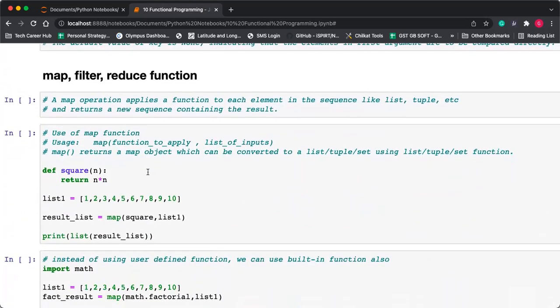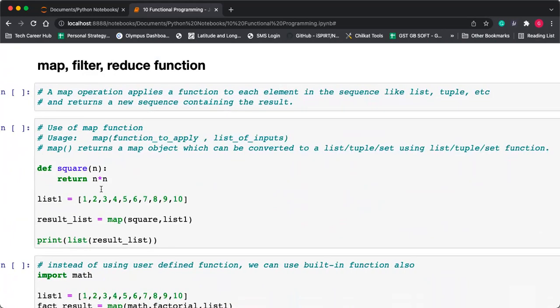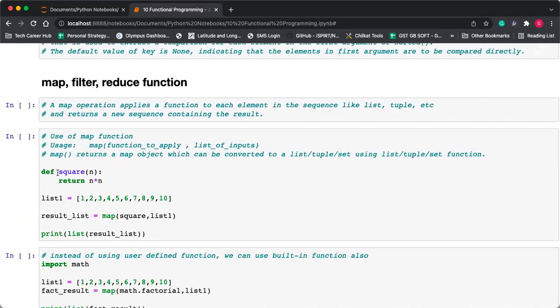Now these three functions are very important from your placement point of view. In most Python aptitude tests, the implementation of these functions is asked at a higher difficulty level. But let me first tell you that it is very simple. It looks difficult, but it is not difficult. It is very simple.